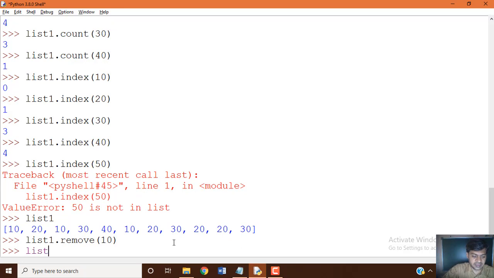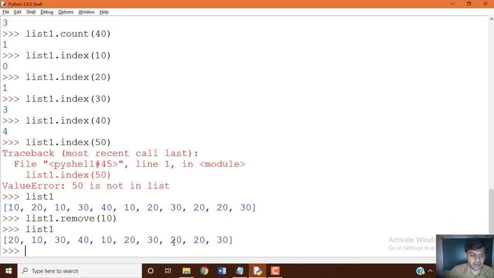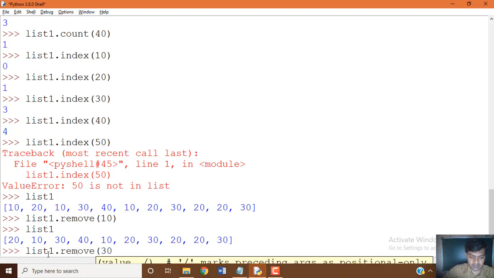Now execute list1. You can see by default the first occurrence of 10 is removed from the list. Same manner, when you want to delete 30, list1.remove of 30.